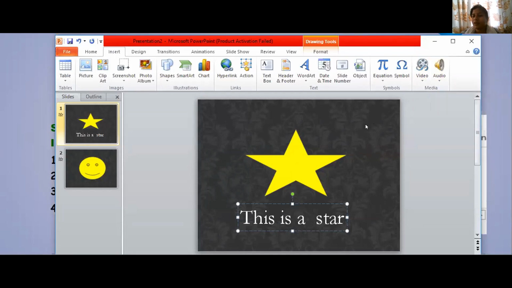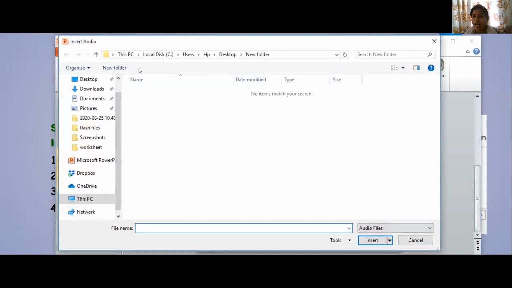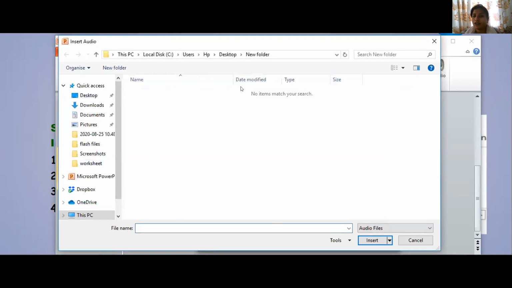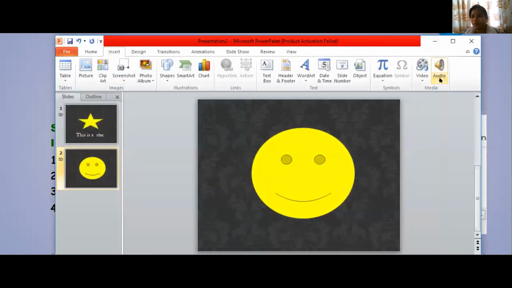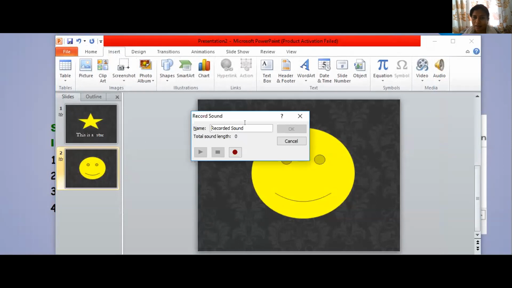So if you want to put any audio in your slide, imagine you want to put an audio over here. You can just click on this one, audio from a file. So if you have any audio available on your computer, just click it. That audio will play. In our last class, I showed you. And if you want to record an audio, see, I'll just click on record an audio. For example, for class 5 I'll give the name. And this, I will start it.